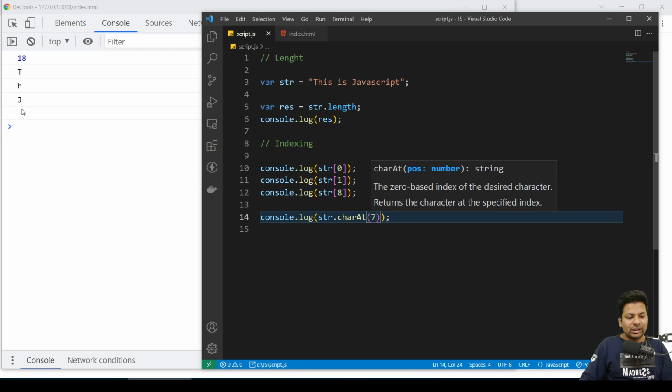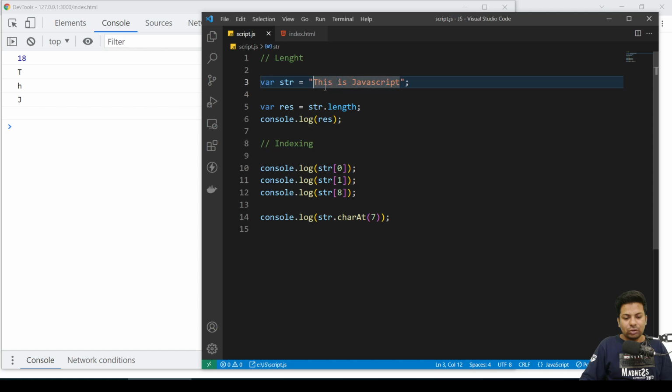Why is it showing undefined? Because 7 comes like 0, 1, 2, 3, 4, 5, 6, 7. So this space is 7. So if I change it to 8, suppose, see you're getting J. See, str[8] gives J and charAt 8 also gives J. You can just say 10 also. So this is the way you can do charAt at this position, at that position. You can get the letter, whatever position you write.